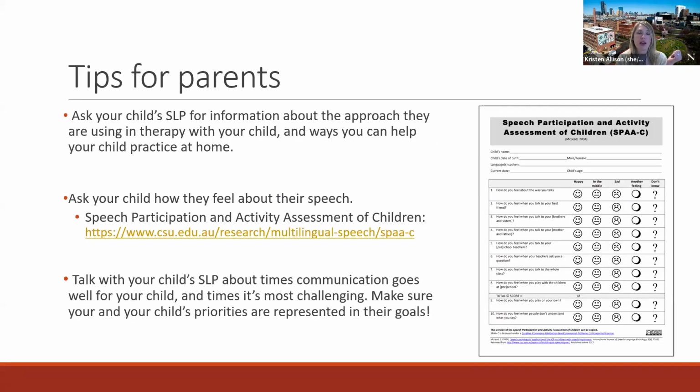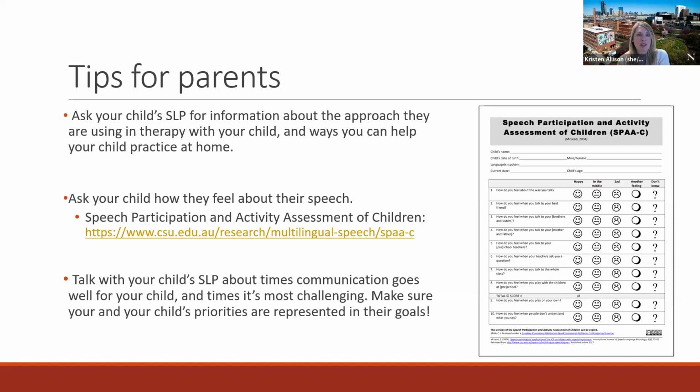All right. So here's some tips for parents. I know there's maybe some parents here and some SLPs here. So as a parent, it can be overwhelming to try to take in lots of information from clinicians sometimes, especially if the diagnosis is new, and especially if you have a child who has multiple needs. So here's just a few tips to keep in mind for parents related to your child's speech and